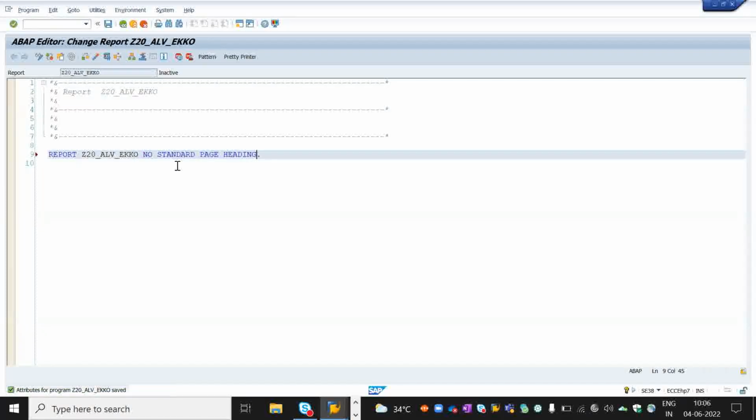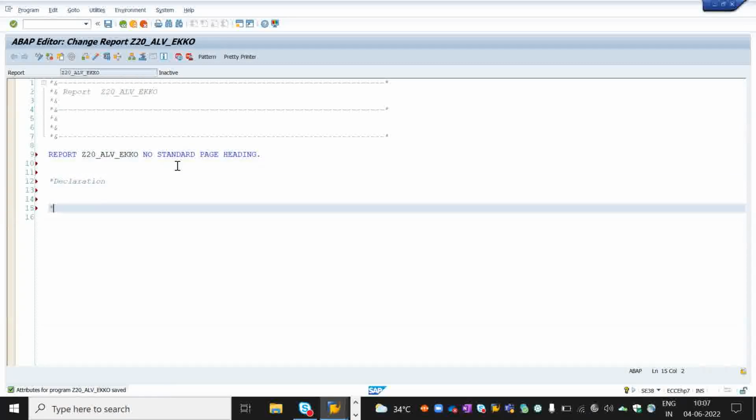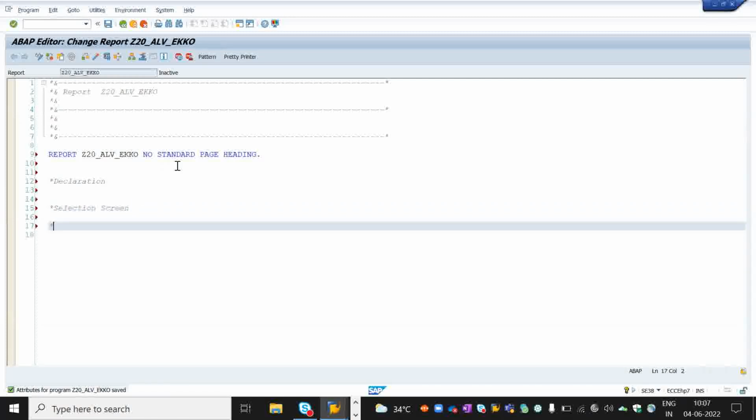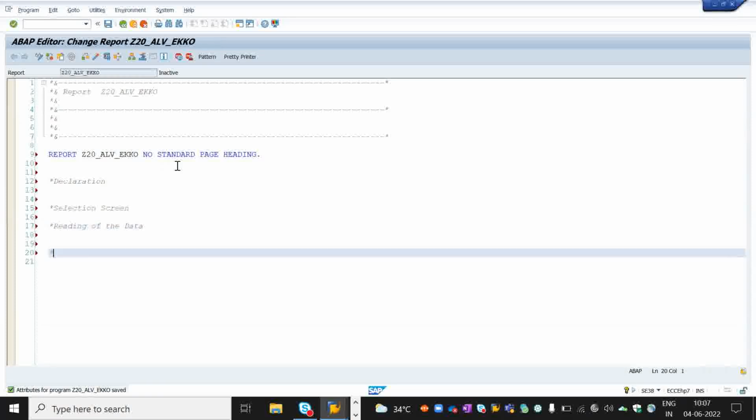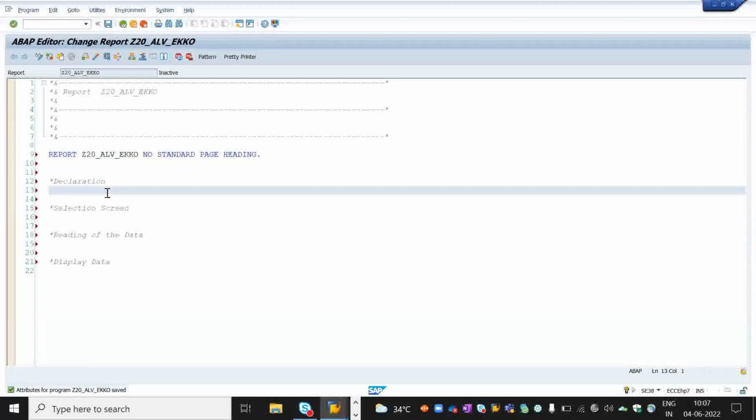We have no standard page heading. We have a declaration block, right? Normally, a selection screen block, reading of the data, then display data. These are four blocks, right? We have them at the report level. Okay. So declaration